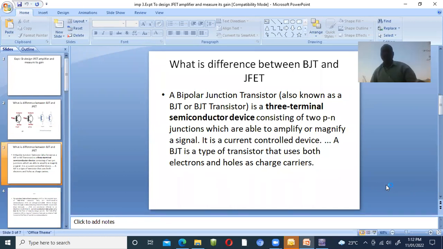So BJT and JFET, we should prefer the JFET because it has more advantages than the BJT, as we have seen. Which are the advantages of it? Let me again explain the things related to the BJT and JFET. BJT indicates bipolar junction transistor. Bipolar indicates that current conduction takes place due to both electrons as well as holes. But in the case of JFET, current conduction takes place due to either electrons or holes.